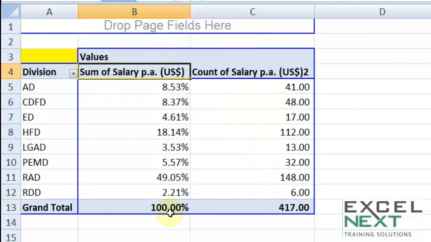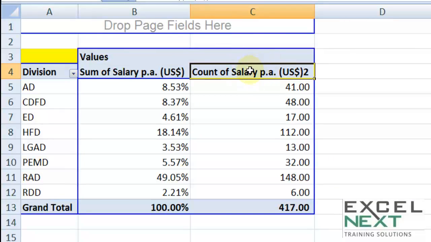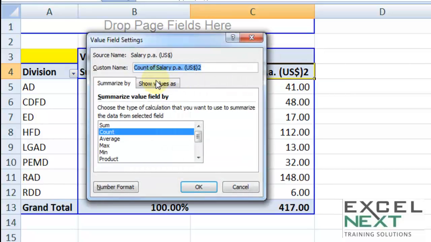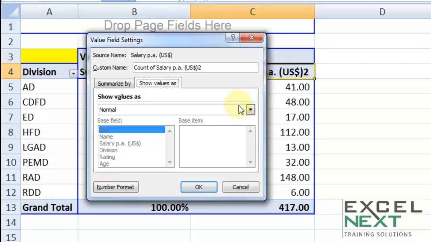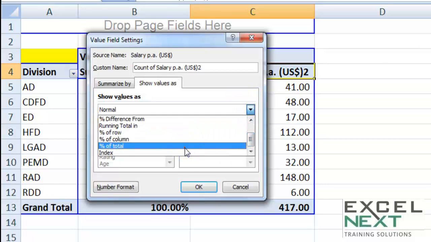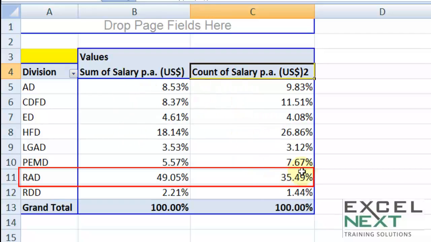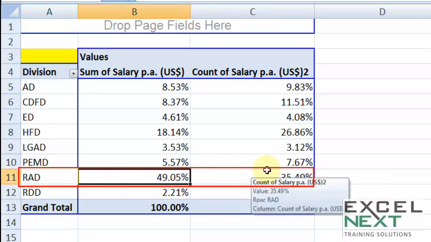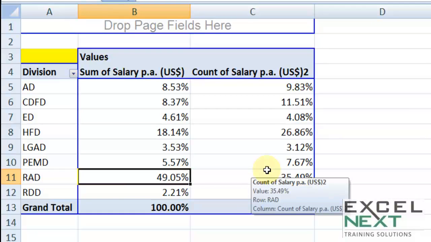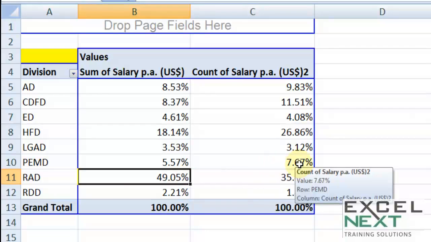Alright, so 100% is the total salary and almost half of it is getting paid to the employees of division RAD. Let me do a similar thing on the next part, which is the count. Let me double click, go to the tab show values as, and from this drop down, choose percentage of total. Okay. So now if you do a comparative analysis, one third of the organization has been working in division RAD, but RAD is drawing almost half of the entire workforce salary. So that's how the picture looks. Give it a try,